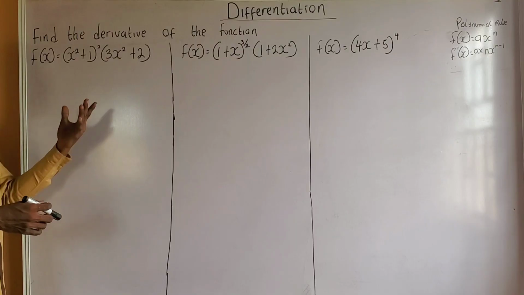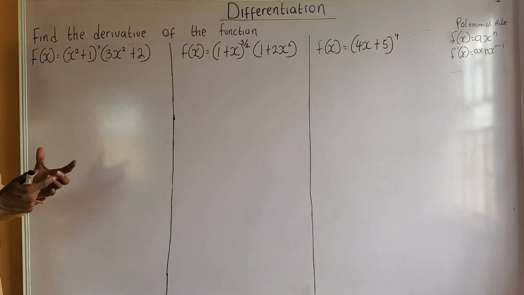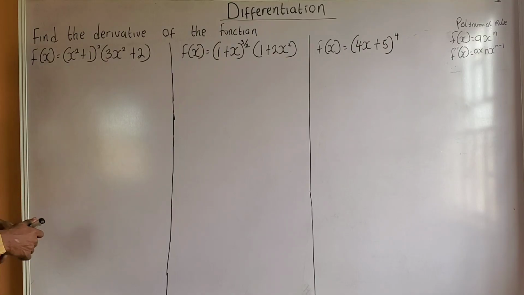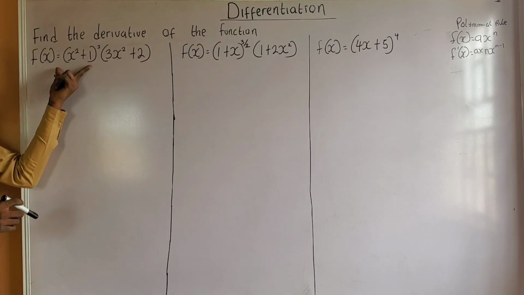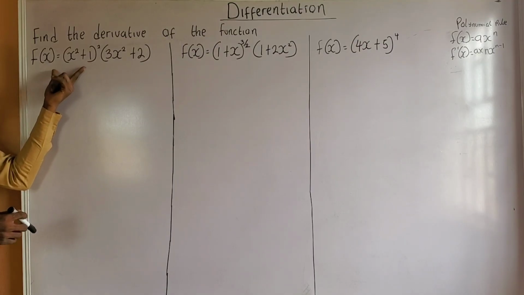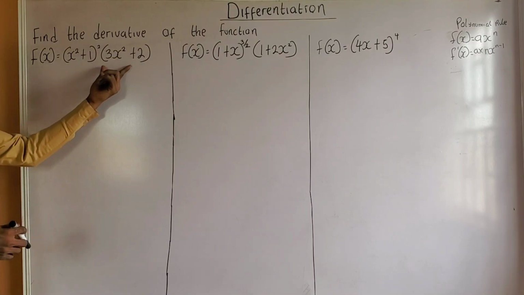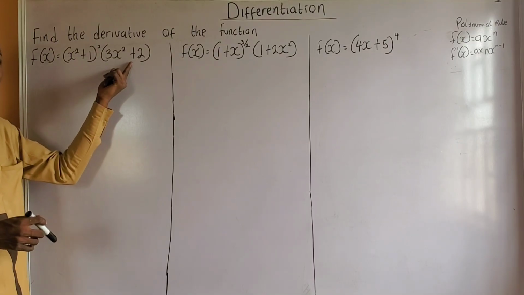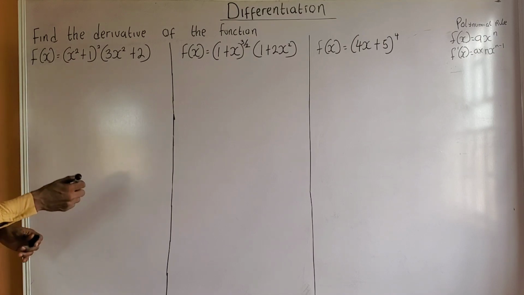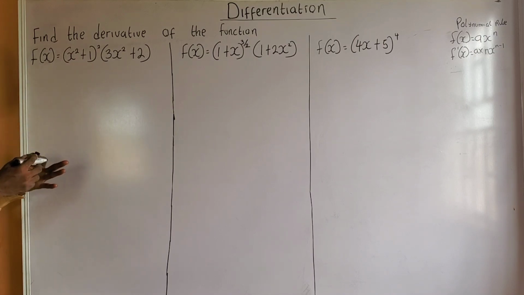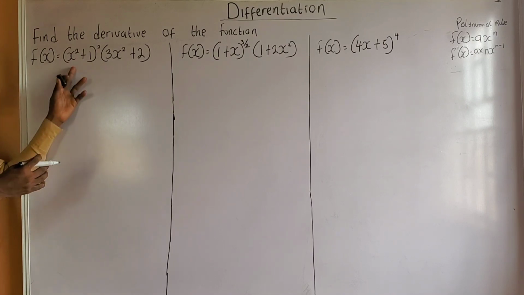I'm going to use the chain rule and product rule to differentiate this function. Pay attention. This function f of x has two parts: the first part is x squared plus 1, to the power of 2, while the second part is 3x squared plus 2. So we can make use of the chain rule and the product rule to differentiate this function